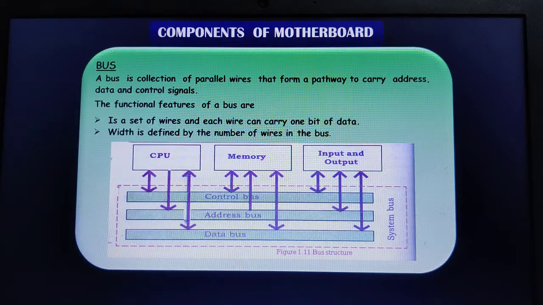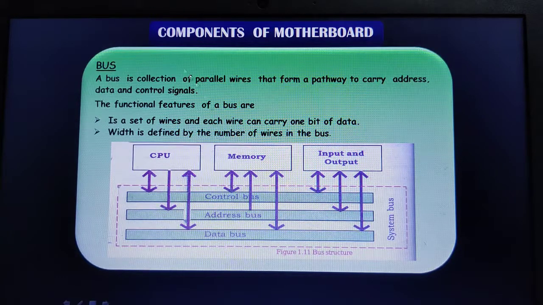In order to check, whenever the computer starts, a check always goes on. Or whenever the CPU wants to communicate with any of the devices on your motherboard, it will send one control signal before it transfers the data. If that device accepts your control signal to accept the data, then the CPU will start sending the data onto the system bus. Understood? Okay, therefore we'll see the definition of the bus.